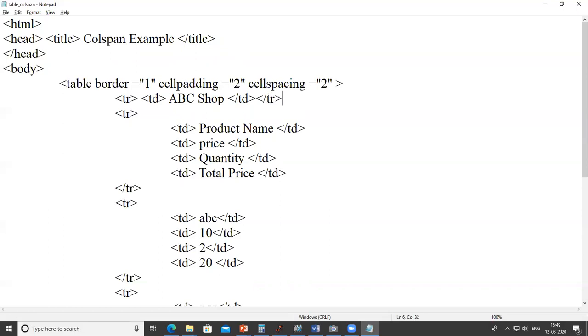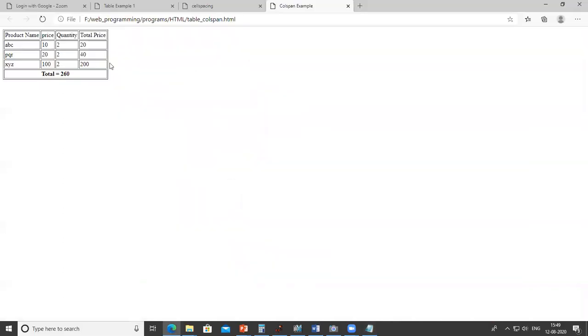Again, we want to use colspan to this. Instead of TD, you can use TH also. So it will come in bold and aligned at the center. So TH, here I use colspan is equal to 4. Save the program and see the output. So it will come in bold and at center.